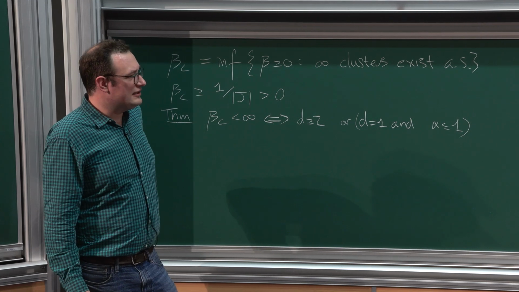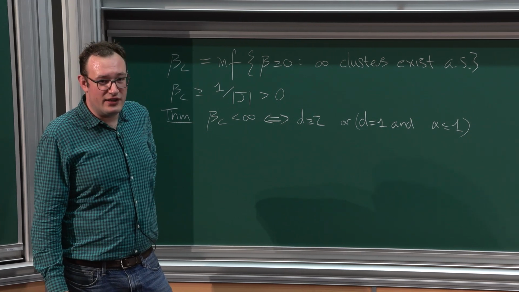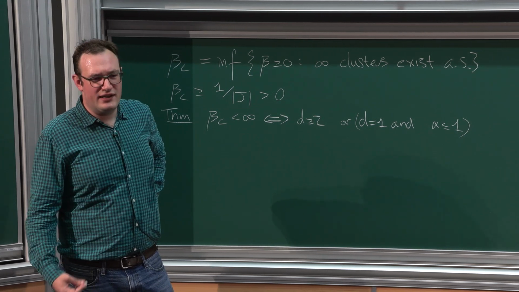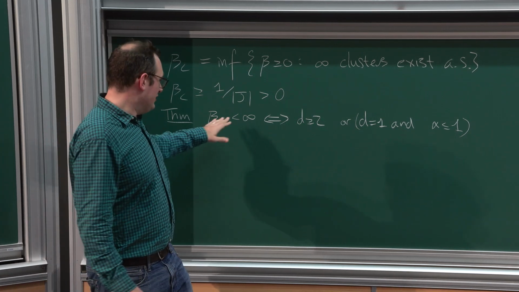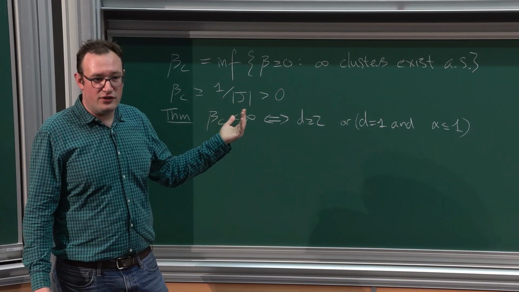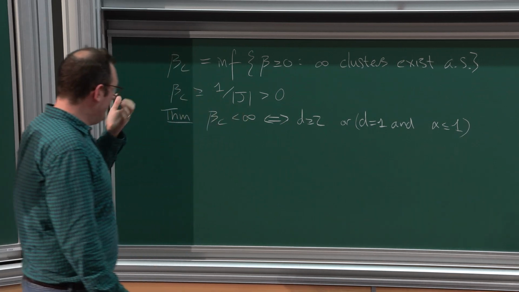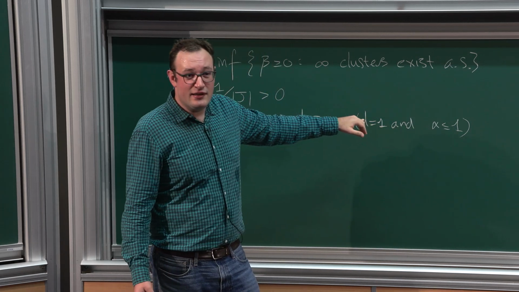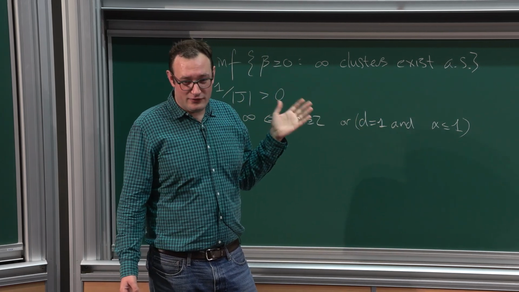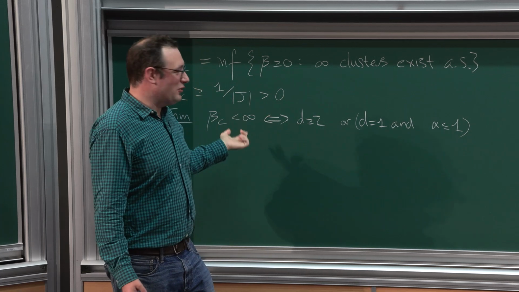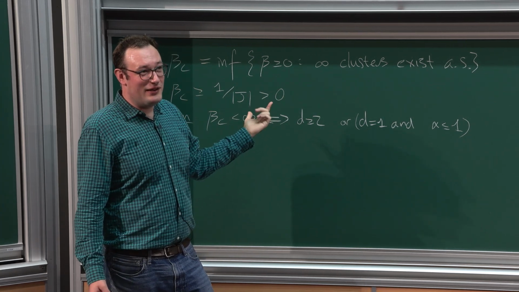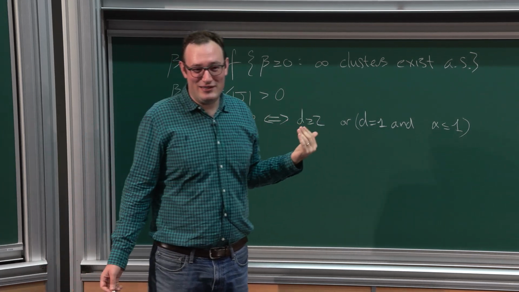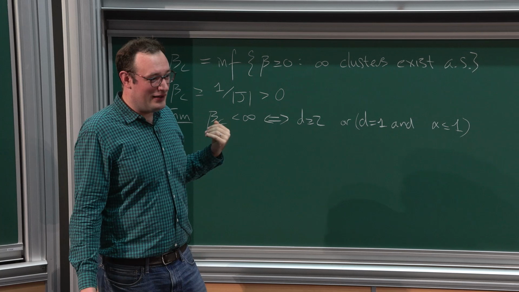I believe that this result is essentially due to Freeman Dyson back in the 60s, who proved the same result for the Ising model. But again, as I've said, for the question of whether the phase transition is non-trivial or not, the Ising model results are equivalent to those for percolation. So we'll actually see a proof of this, apart from the alpha equals 1 case, over the course of this lecture series. In fact, we won't really prove this directly. We'll just prove that there are no infinite clusters at beta c, and that will imply that beta c is finite because, of course, at beta c equals infinity, you do have no infinite clusters.